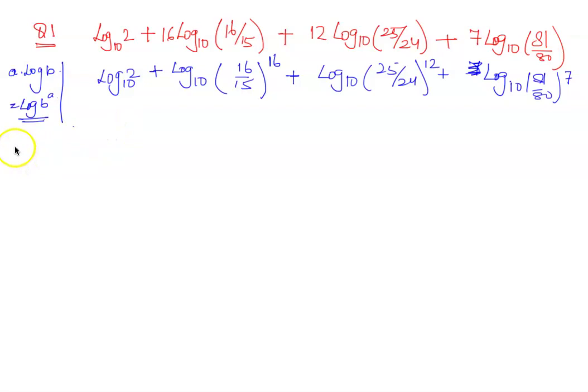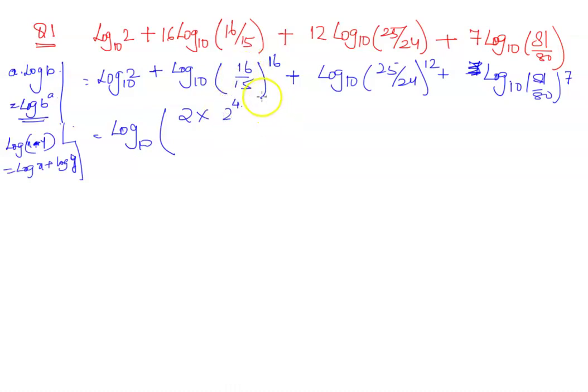And now use the second property, which we said is that log of x into y is equal to log of x plus log of y. So log of x multiplied by y is log of x plus log of y. Let's use this property here. So log of 10, this is 2 into, this is 16, so I can write this as 2 to the power of 4 into 16 by 3,